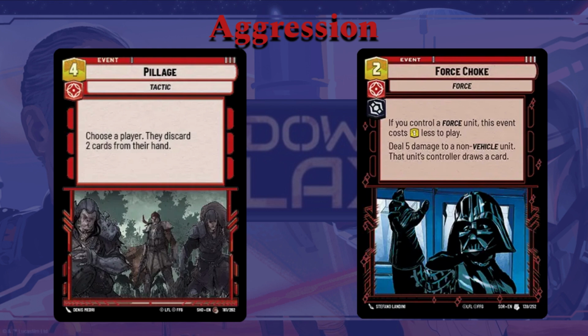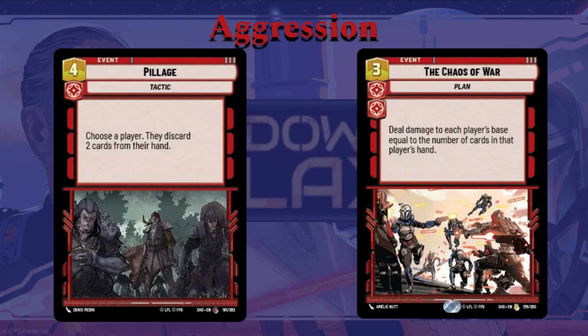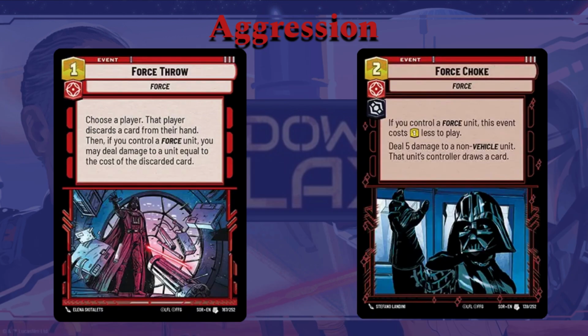That unit's controller draws a card. Obviously, you make them draw cards. You deal extra damage to them with Chaos of War. Again, see, you can play into it a little bit here. Force Throw, 1 cost. Choose a player. That player discards a card from their hand. Then if you control a Force unit, you may deal damage to a unit equal to the cost of the